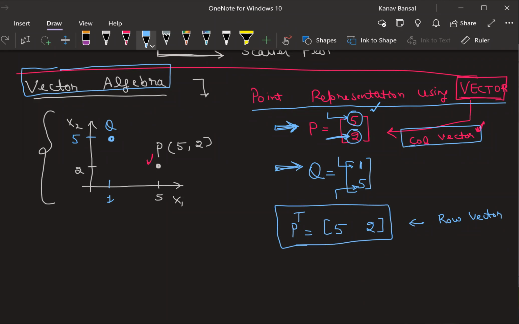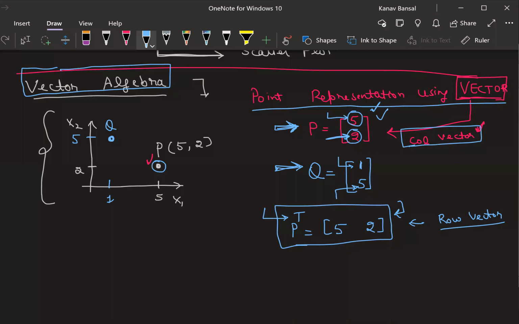Because all the mathematics behind vector algebra and everything has been written already. You can do these tweaks and make algorithms work; the only thing is you have to be sure that you use proper representations. How many are able to understand this? So this row vector is nothing but the transpose of the actual vector. Whenever somebody tells you a row vector, just understand that it is the transpose of the actual vector. And what is the actual vector? It is nothing but the representation of this point.